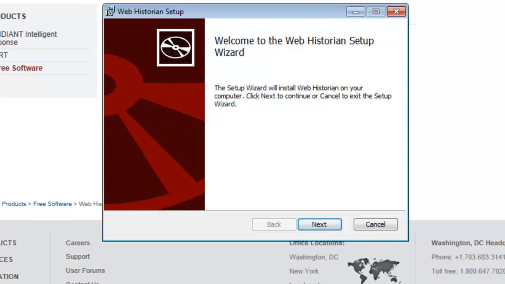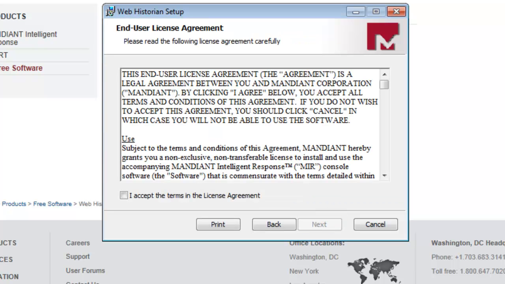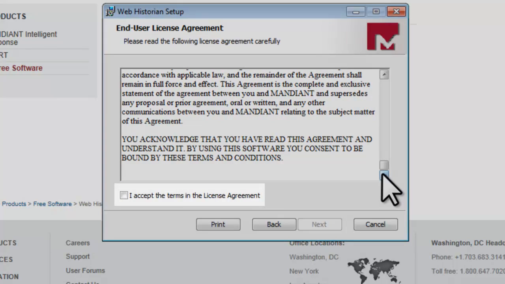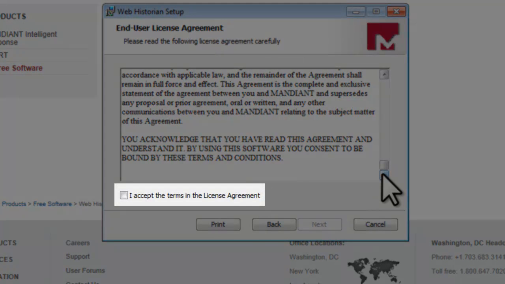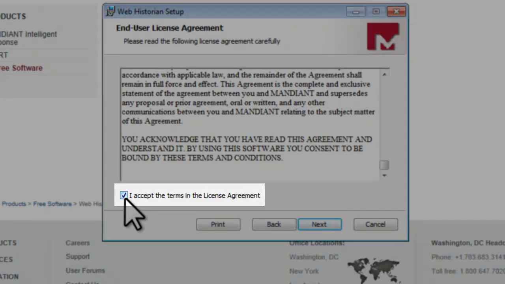Once the download finishes, the Web Historian setup window will open. Click the Next button. On the End User License Agreement screen, read the license agreement. Click to select I accept the terms in the license agreement, and click the Next button.